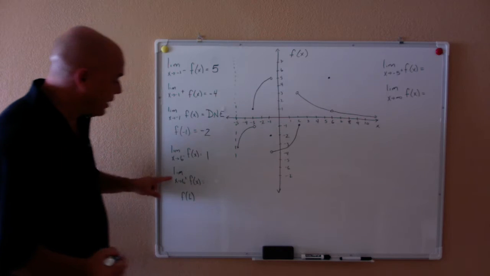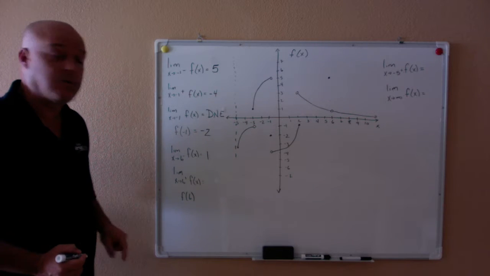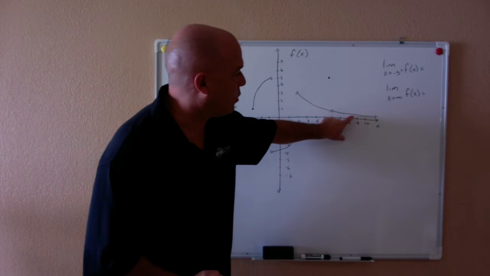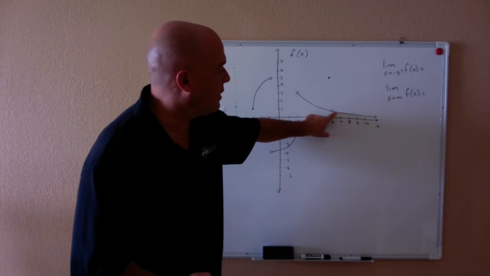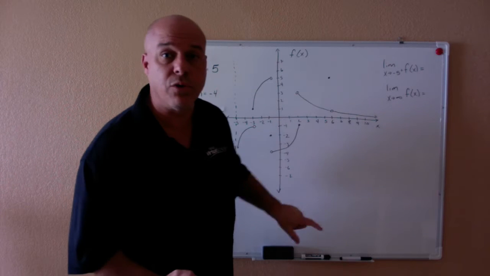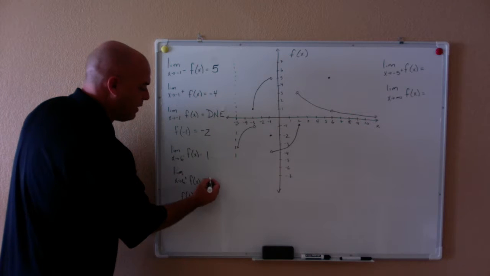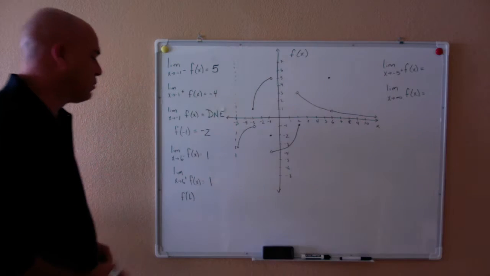And now we need to look at the limit as x approaches 6 from the right. And so I take my finger and I follow it along, approaching 6 from the right-hand side, and sure enough, it's getting closer and closer to 1. So the limit as x approaches 6 from the left is 1, the limit as x approaches 6 from the